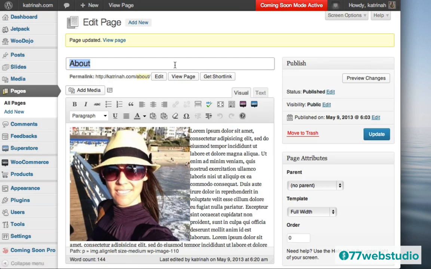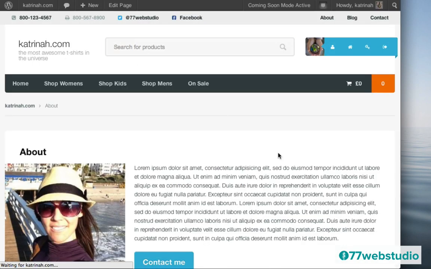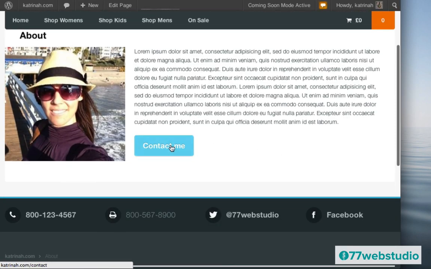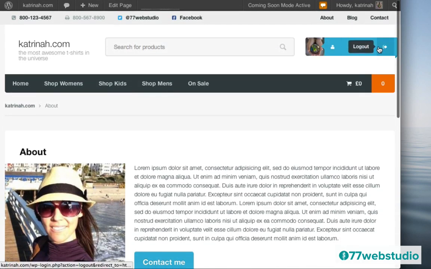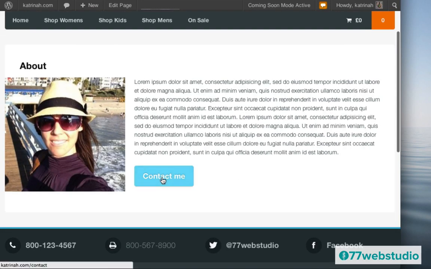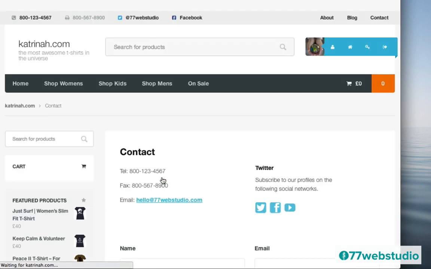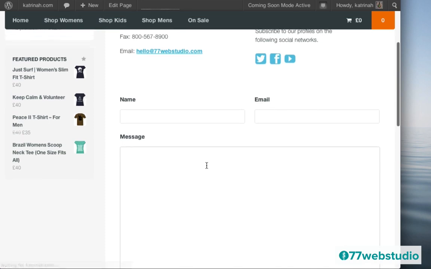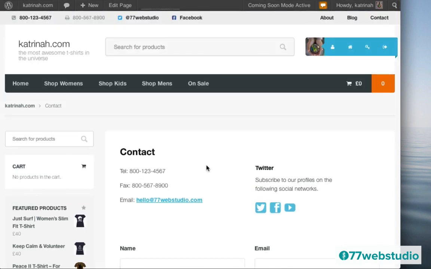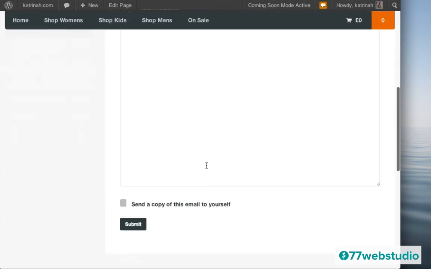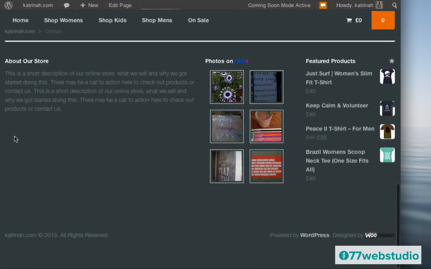Now when we go to check out the page by clicking on View Page, and now we scroll down, we see here's a button right here that says Contact Me, and it's the same color as the other blue colors in this particular website. And when I click on this, it goes directly to the contact page. So that's really cool. So what I want to do now is go back to the widget area here at the bottom, and I want to add the same contact button right below this text.